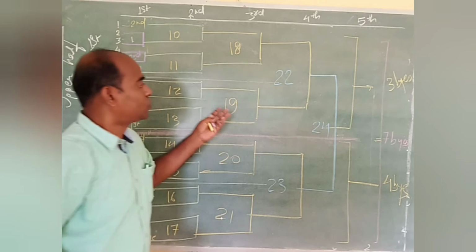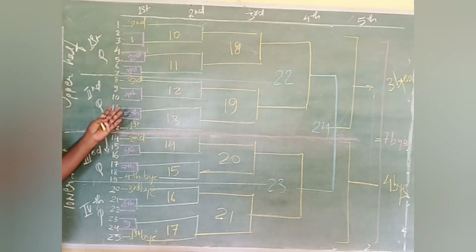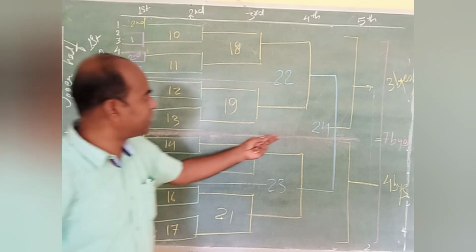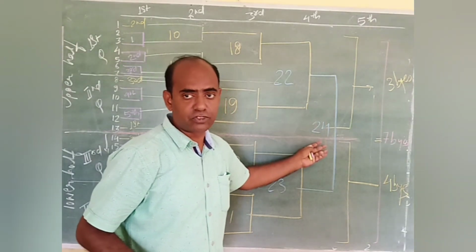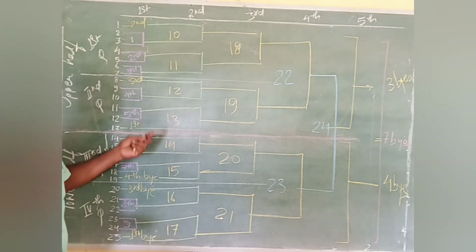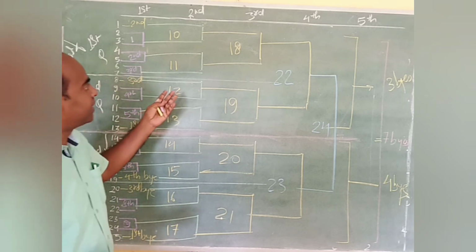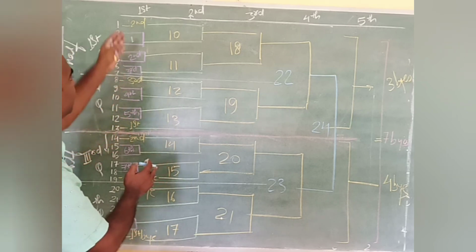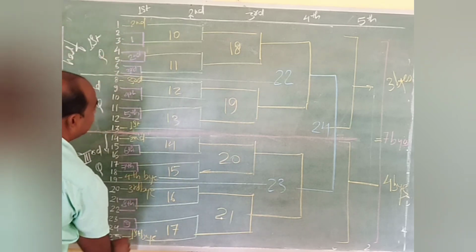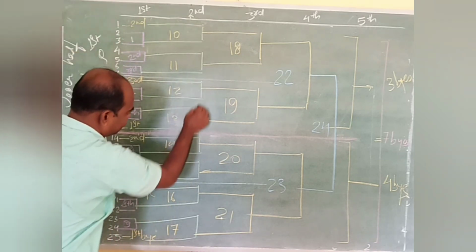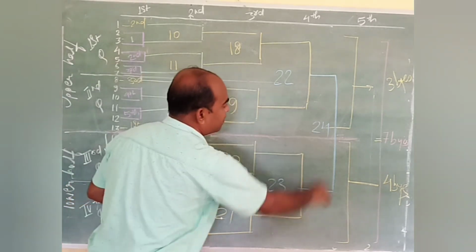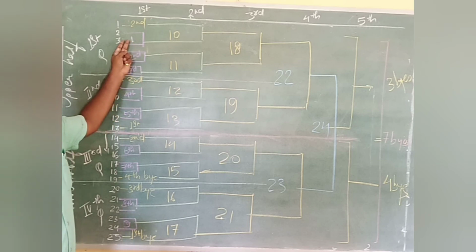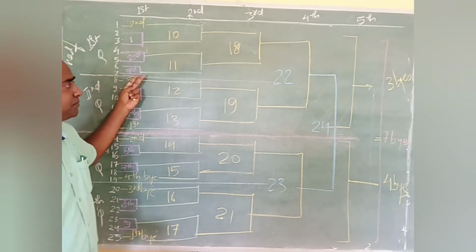As I said, total number of matches is total number of teams minus 1. So here you can see that 24 matches are played in this tournament. One thing I would like to repeat again, it should be clearly visible: the number of rounds, first round teams are playing here, second round here straight, third, fourth and the fifth round. Number of matches should be written here as I have written here.